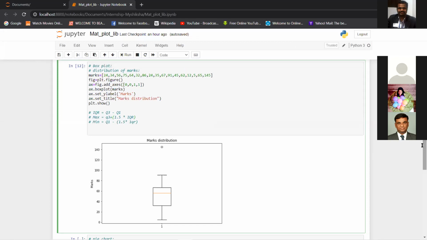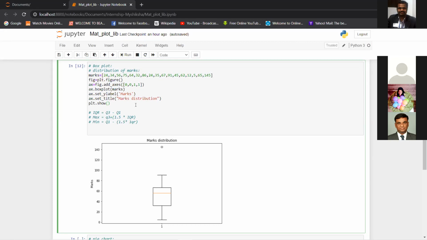You can guess from these values that 145 is that outlier. You can have many outliers in your data, and that is why the box plot is important. You can identify your outliers using the box plot.